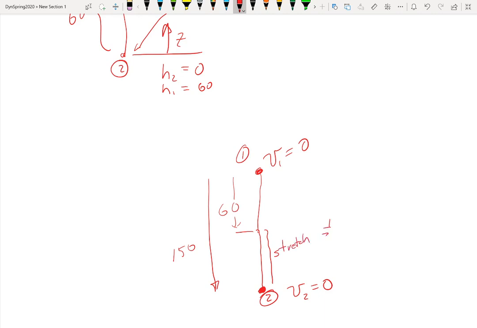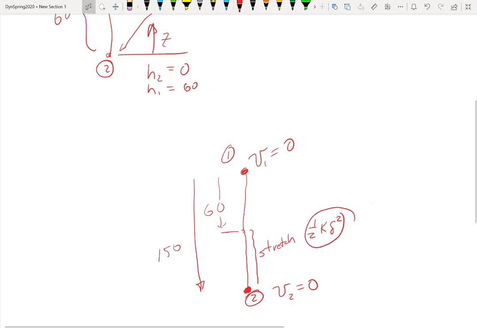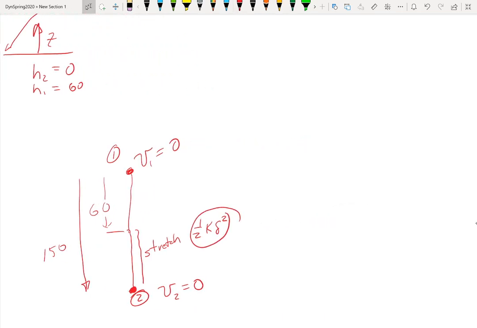And the energy from the stretch is 1/2 k times the stretch squared. So what we have to do to make it complete, mgh1 plus 1/2 mv1 squared plus 1/2 k delta1 squared equal to,